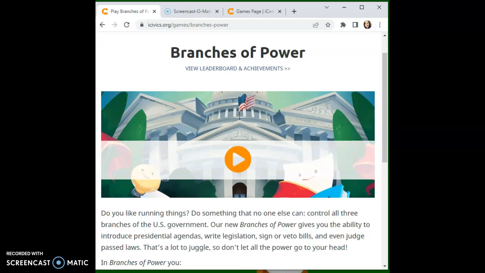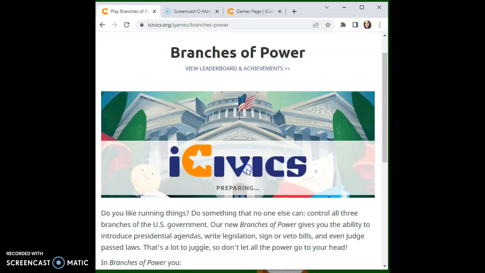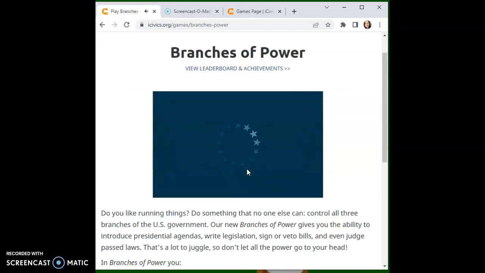And then the next standard is 3.3. Leaders create a culture where teachers and learners are empowered to use technology in innovative ways to enrich teaching and learning. I definitely feel like this website enriches teaching and learning. Students are in control of learning about the government. They can pick what games they want to play. And I really love the aspect that it goes through the process of the branches of